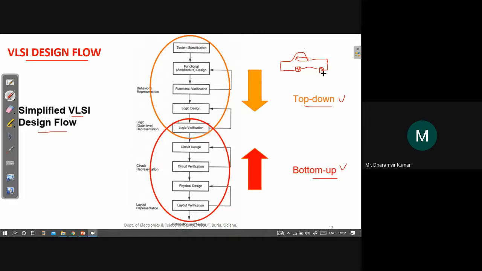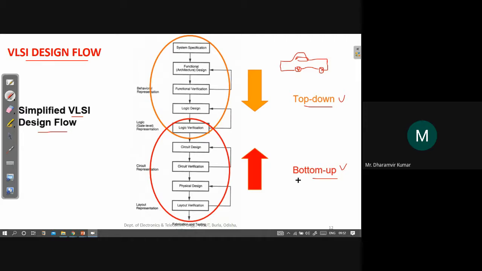Those components may consist of some subcomponents. So we are moving from bigger components to smaller components, from top to bottom.